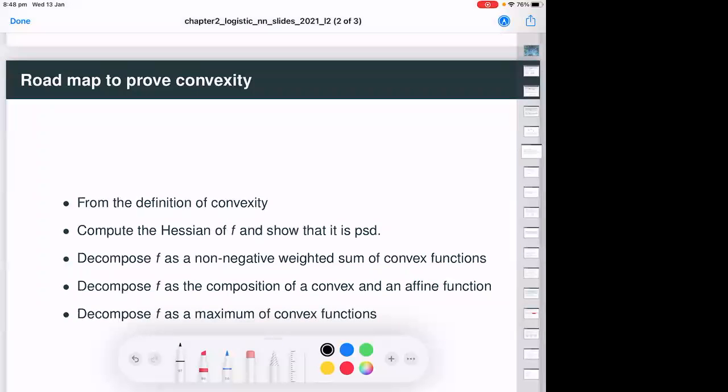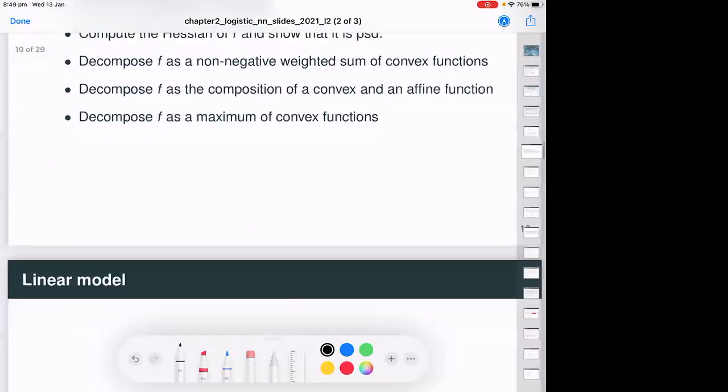So try, by the definition of convexity, or by computing the Hessian of the matrix, to decompose your function into a non-negative weighted sum of convex functions, or a composition of a convex function with an affine function. And the last one is the maximum of convex functions. So by doing this,